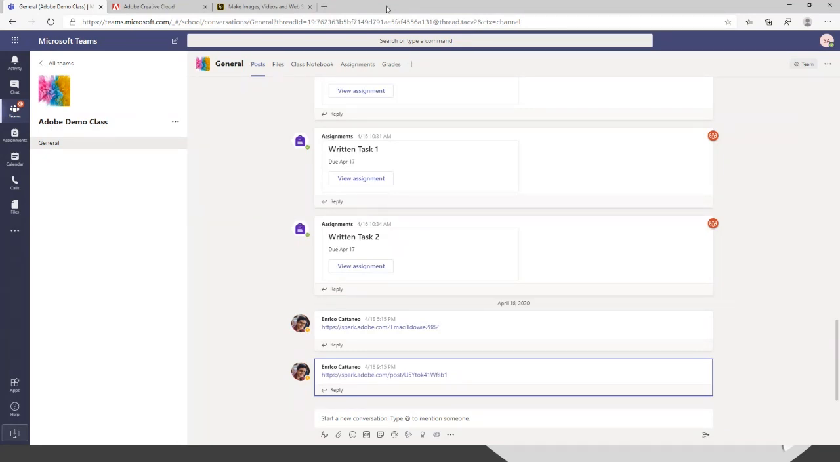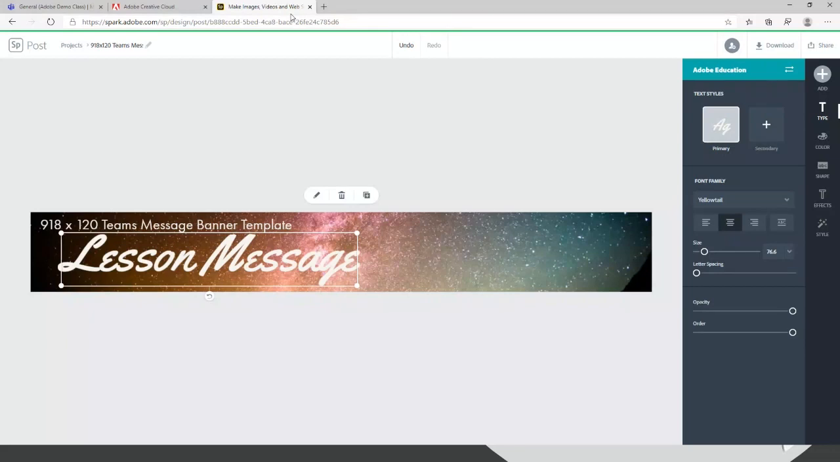One of the first things I'm going to do in Teams is jump into Adobe Spark. Now, Adobe Spark is free for education, but is also included in Creative Cloud, and they get the premium features. So this is a specific Spark graphic, and you can customize a template or a size. This is 918 by 120 pixels. It's something that Microsoft Teams needs as a banner. So I've created my simple message, and I'm just going to download this as a PNG file